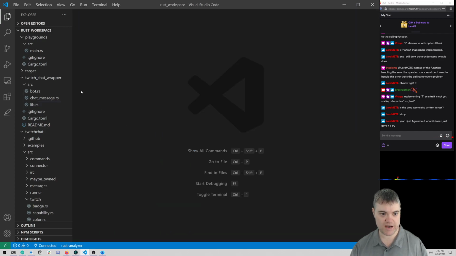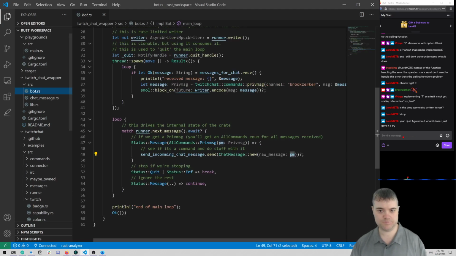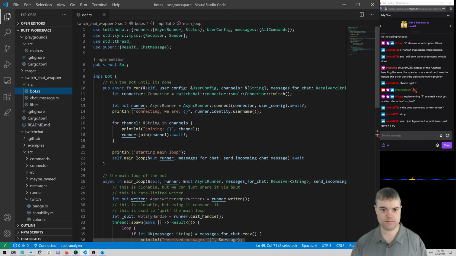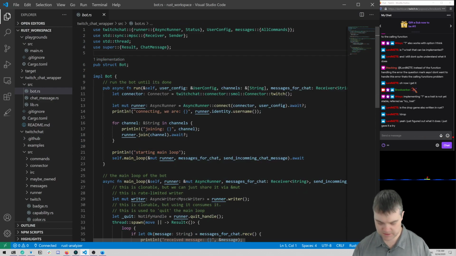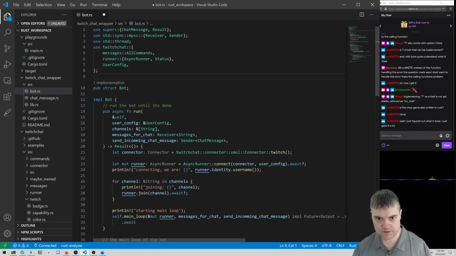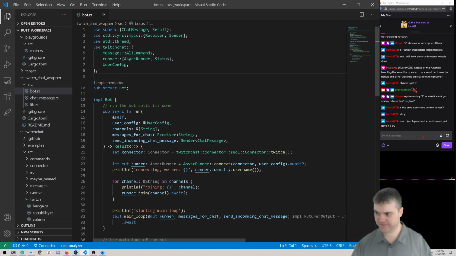Let's see. So after the main library, we go to bot. Okay, I want to, there. I'm not used to manually running the refactoring thing. I really like it when it auto does it for me. Okay, so